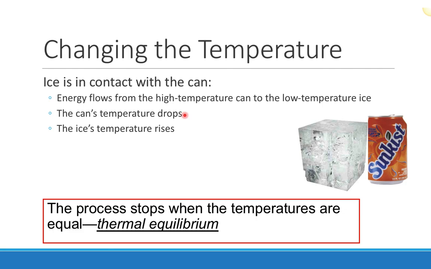So the can's temperature will drop because it's losing thermal energy, and the ice's temperature actually will rise, and in some cases the ice can actually melt because you're putting energy in. Eventually, when you leave the cans in there long enough, and assuming that it's a really good cooler and you don't lose any energy to the environment, the process of this energy transfer stops when the temperatures are exactly equal. And that's when you reach thermal equilibrium. If both of these reach the same temperature, then one is not higher than the other, and that process of energy transfer